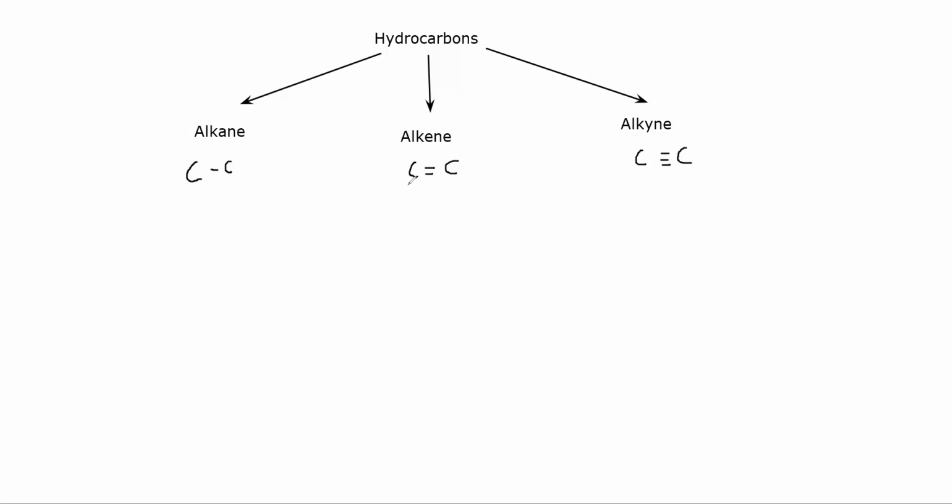But the question is how you can identify how many carbon atoms will be there in the compound. From the name, you can identify that there should be a single bond, because if it's an alkane, the name should have ANE. If it's an alkene, the name should have ENE. And if it's an alkyne, the name should have YNE. So from the suffix, you can identify whether there should be a single bond, double bond, or triple bond.